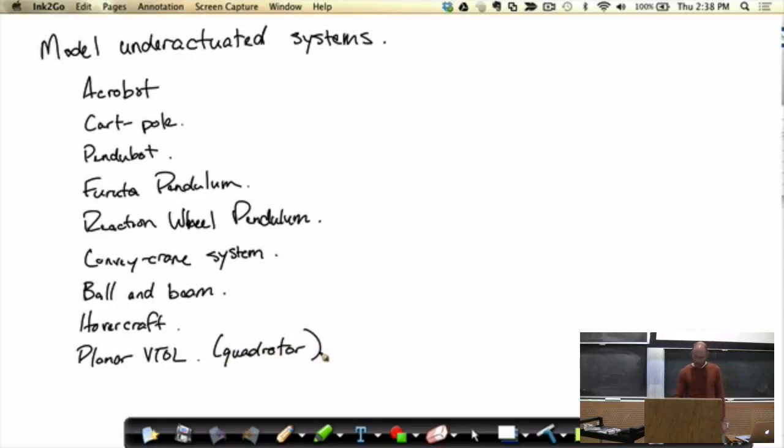So these are all classical systems. They're all similar in the sense that they are just a few degrees of freedom, typically 2 degrees of freedom for many of the examples. And they typically don't have enough actuators. So they're underactuated in the trivial sense that you've got more degrees of freedom than you have actuators with which to control them. Okay, so there's a lot of great work, and one of the goals as we go through the different systems in the class is to understand what the world has done on these types of systems